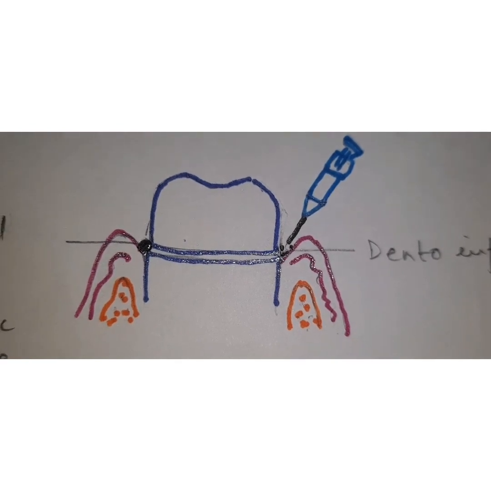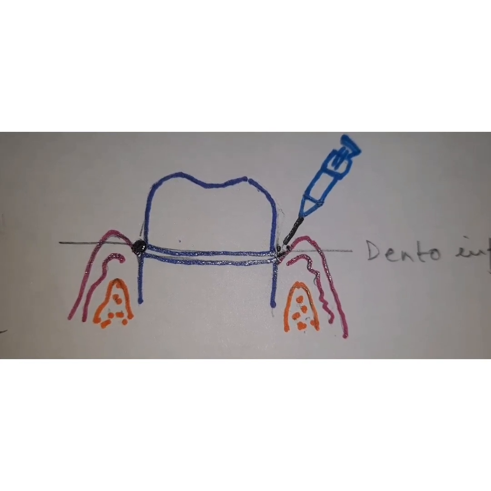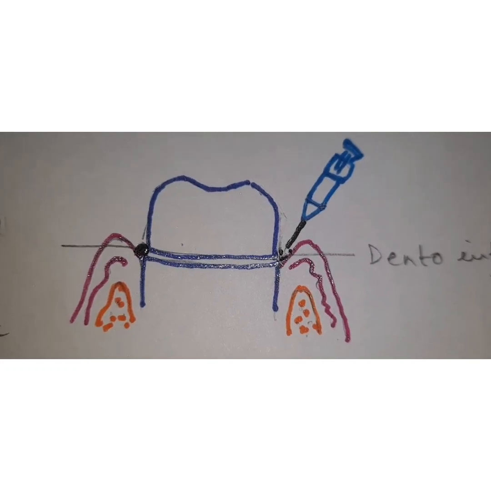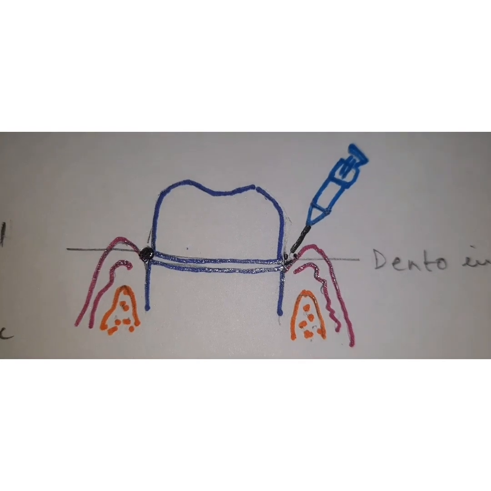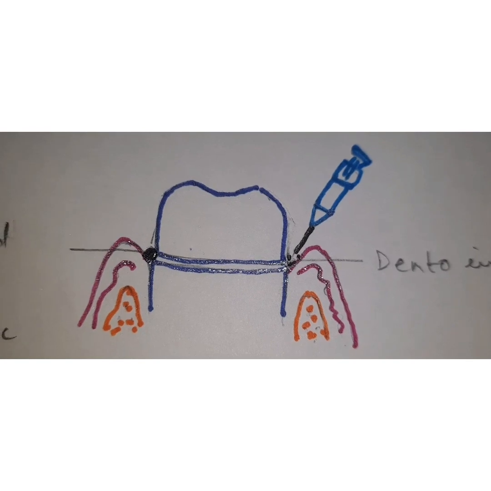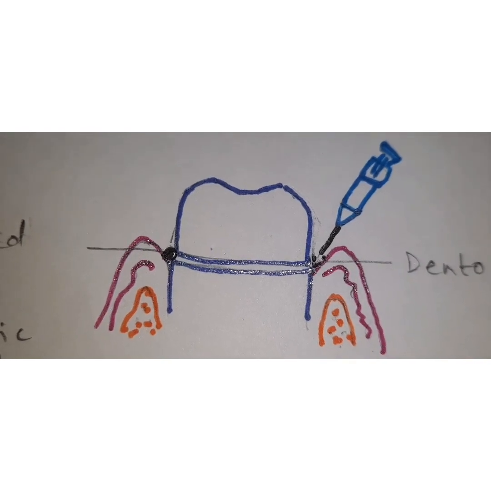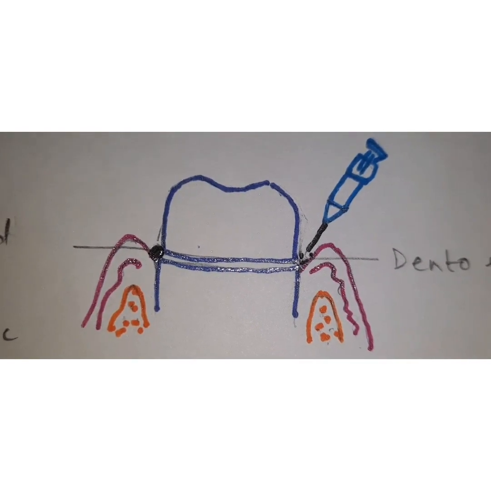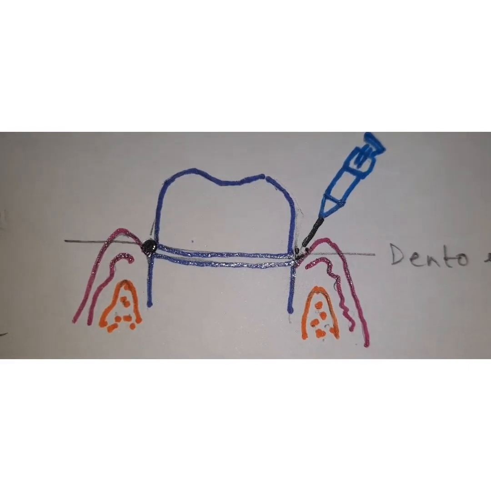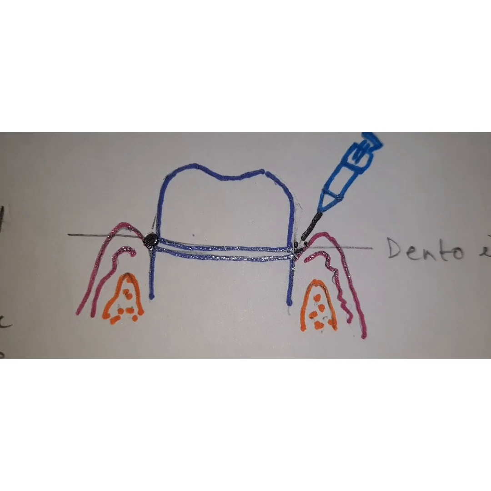Once the hemorrhage is controlled, you will place the knitted retraction cord, which is also soaked in ferrous sulfate solution, into the sulcus. Before doing that, you will remove the clotted coagulum very gently, so that you don't initiate bleeding again, and then you place the knitted retraction cord soaked in ferrous sulfate. The cord is left in position for around 1 to 3 minutes, and after this the cord is removed, the sulcus is rinsed with water, the prepared tooth is dried, and then you make the impression of the prepared tooth.